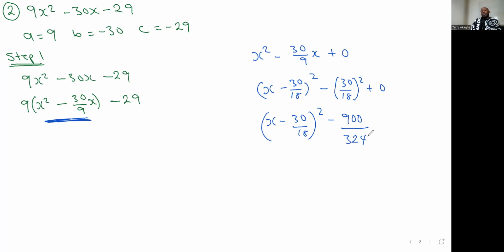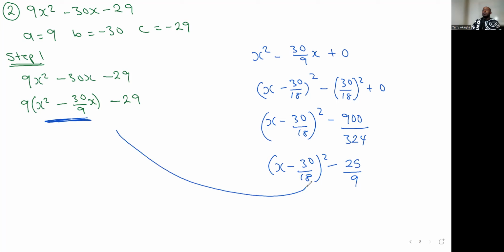If you want to, you can solve it like that, but you can also decide to simplify this, and that will give you 25 over 9. Is that okay? Then it will now give you (x minus 30 over 18) all squared. Okay? Now all this, I'm going to bring it back here. So we're going to have 9 into bracket (x minus 30 over 18) all squared minus,